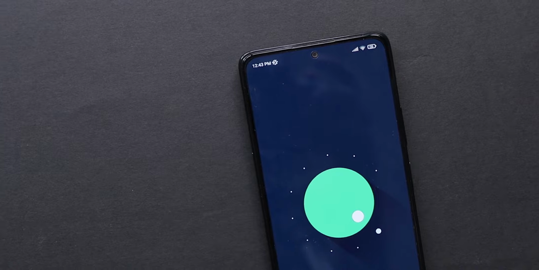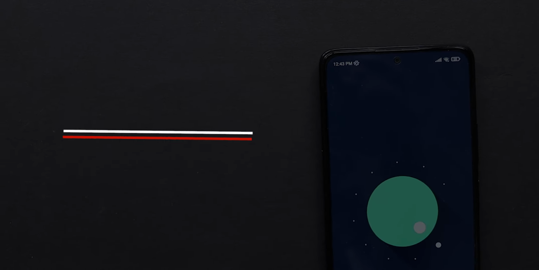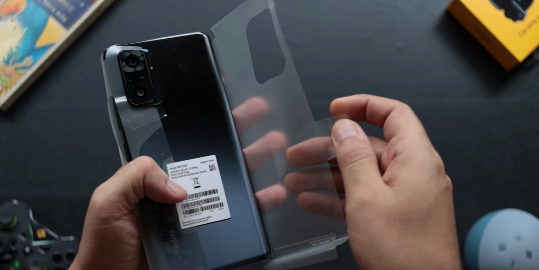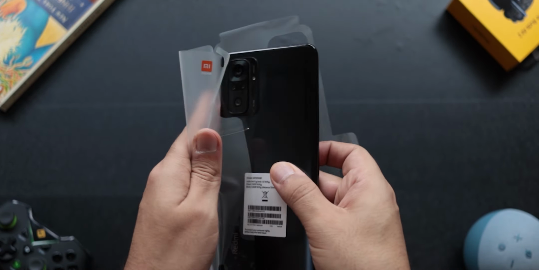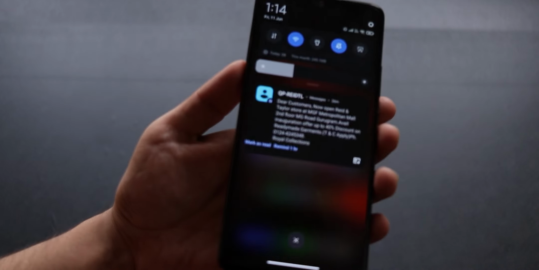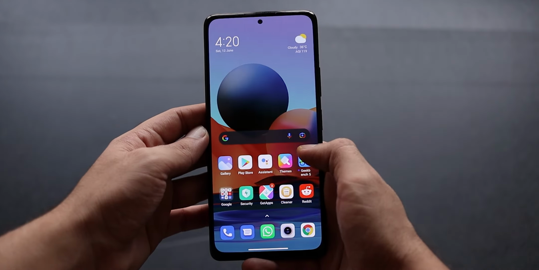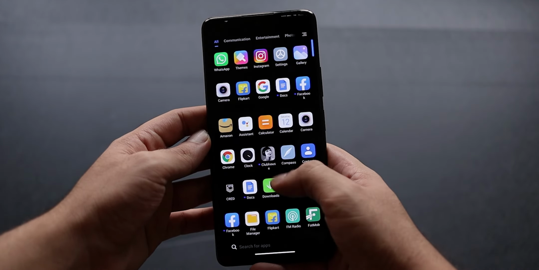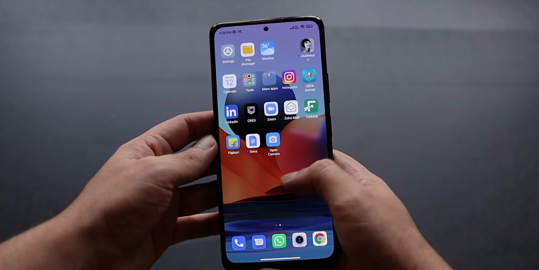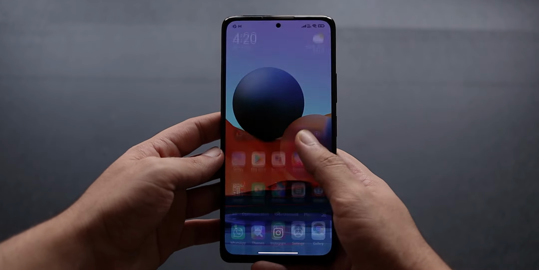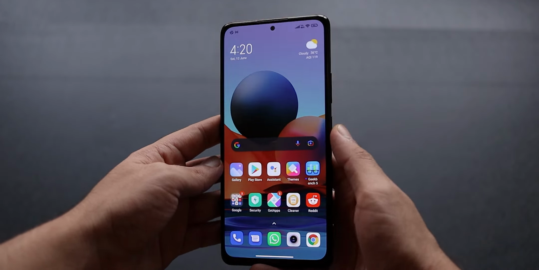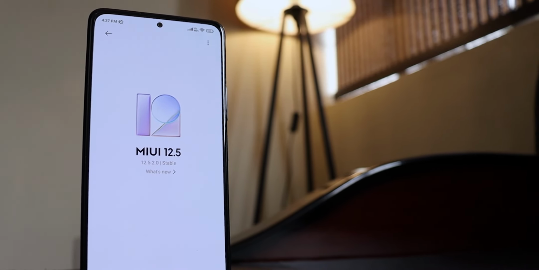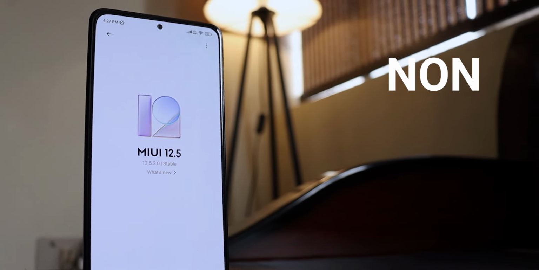And the last, and I would say the most important setting is this one. Now out of the box, the Redmi Note 10 Pro comes with MIUI 12, and honestly guys, MIUI 12 is very buggy. There are issues with the notifications panel, the phone feels also a little more laggy sometimes, and it doesn't feel a very well-baked Android skin version on top of Android 11. But thankfully, Xiaomi has started rolling out the MIUI 12.5 update for the Redmi Note 10 Pro and other devices as well, even for non-beta testers.